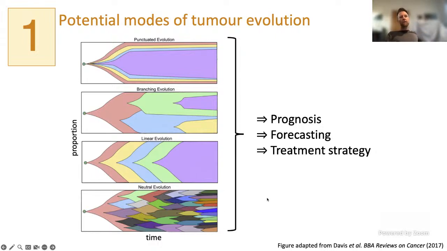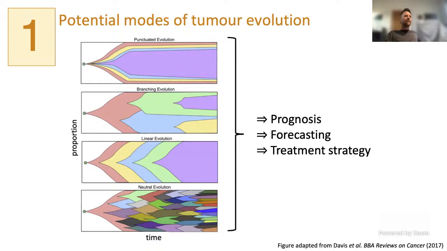And the final case is neutral evolution. In this case, we see a lot of branching and we don't see a lot of selection going on. We don't see types replacing each other very extensively. We don't see these sweeps occurring. So you just get more and more diversification. And this could be truly neutral or just effectively neutral evolution, which means effectively neutral means that there might be some local competition and selection, but globally, there's very little.